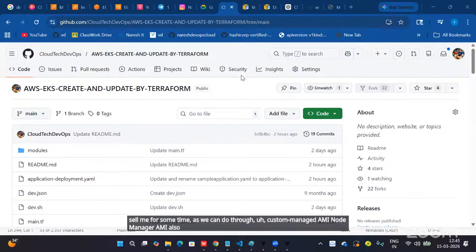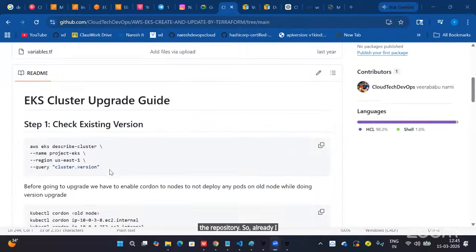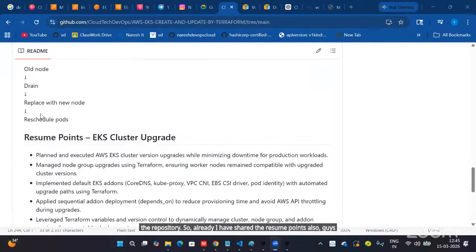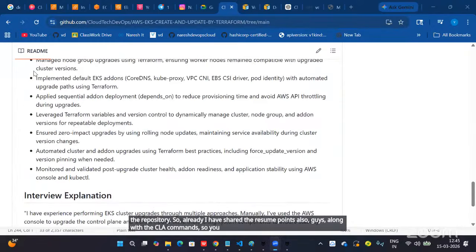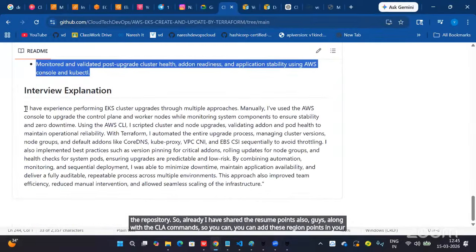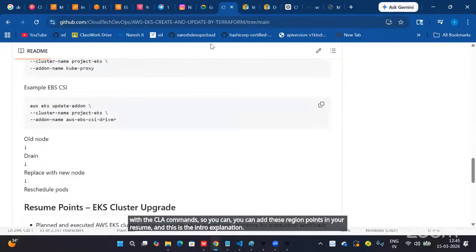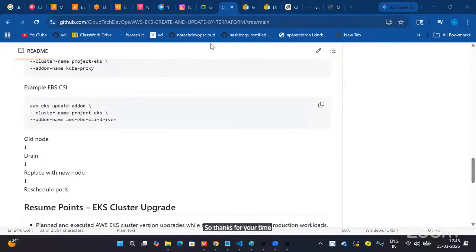I'll update it in the Cloud Tech DevOps repository. I have already shared the resume points along with the CLI commands, so you can add these resume points to your resume. This is the intro explanation. Thanks for your time. It's delayed, I know that, half an hour as expected.